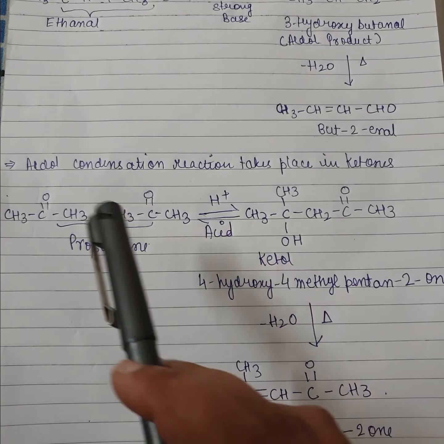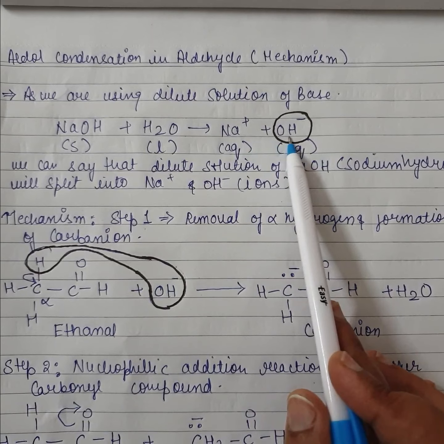So here we can say that the dilute solution of NaOH or sodium hydroxide will split into Na plus ion and OH minus ion. So let's start with mechanism. In first step, there is a removal of alpha hydrogen and formation of carbanion takes place. So here you can see this is the first molecule of ethanal. When it reacts with OH minus we already obtained from splitting of NaOH or sodium